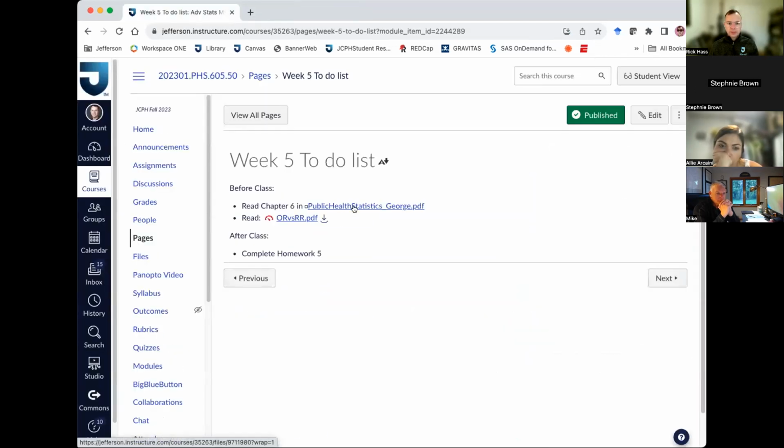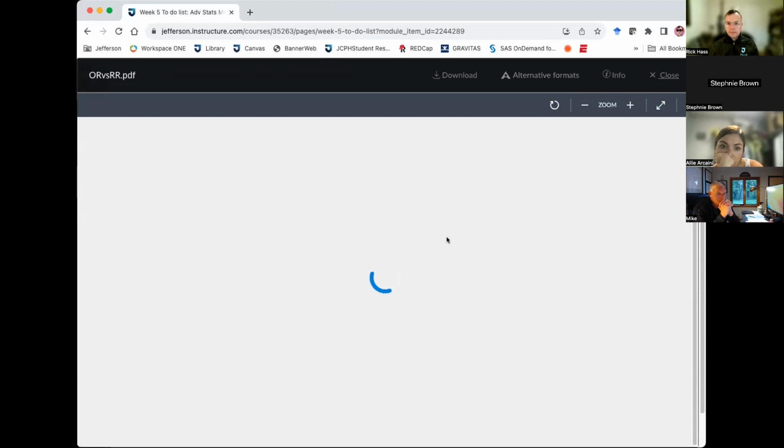So as usual, there's some content in Dr. George's little text, which is basically what we will cover in class. There's some extra stuff in there. And then this paper, which is definitely something to read, I would read, because it discusses the difference between, and